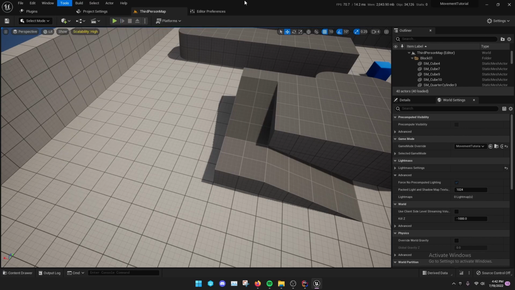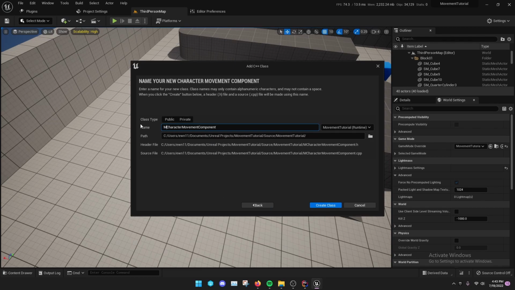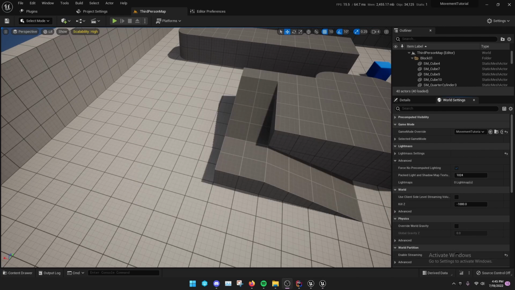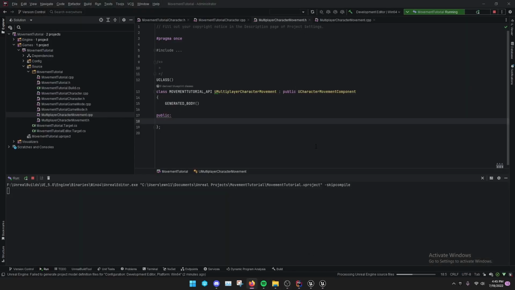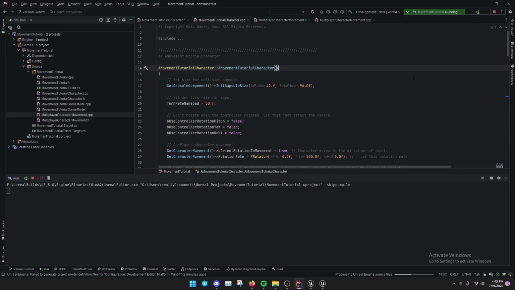So first, what we want to do is create a new movement component. So let's do that real quick. And I'll just call it multiplayer character movement and create that. And now once that is created, we can move over to C++. And first we want to add the public descriptor here and move over to our character real quick so we can switch the default movement component out for